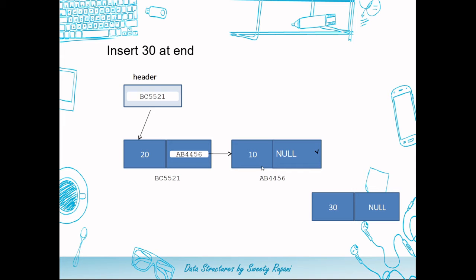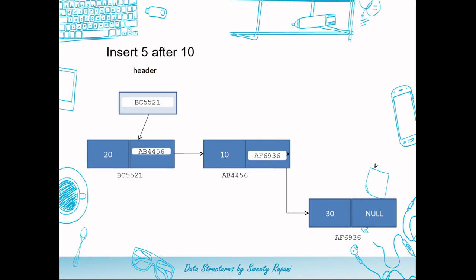Whenever there is insertion, we will make the node ready. We created a node with a data field and an address field. We moved the data 30 inside that, and we moved a null value inside that. This is the address of that particular node. Now once we get the last node after iterating, I am over here. I get that 10 is my last node. So what we'll have to do is get the address of this newly created node and store it over here in order to maintain this link. So the node is inserted at the end of the list.